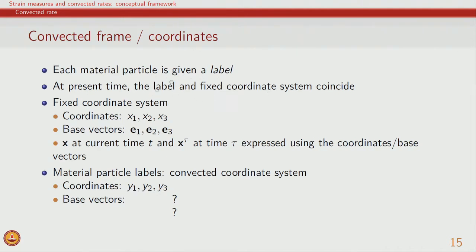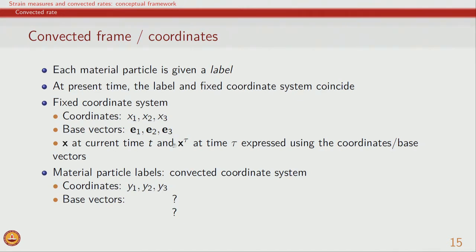This is just for us to have a reference to the fixed coordinate system, because quite often we are more tuned to understanding motion and mechanical quantities in terms of a fixed coordinate system. So, the fixed coordinate system, of course, we describe using x1, x2, x3 as 3 coordinates. Since we were looking at 2 dimensional description, we only looked at x1, x2, and the base vectors were of course E1, E2, but more generally it will be E1, E2, E3,